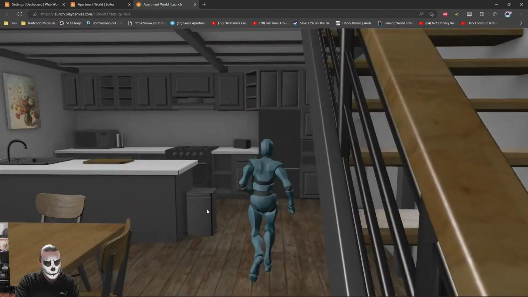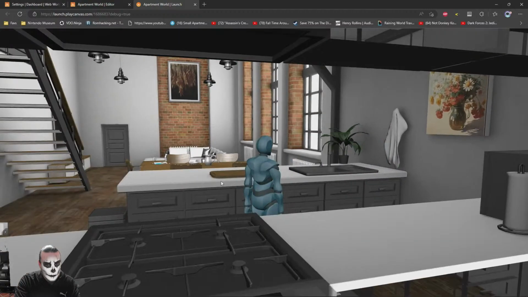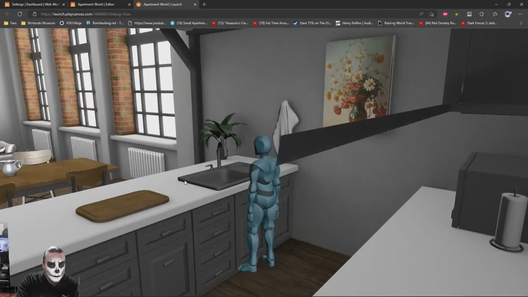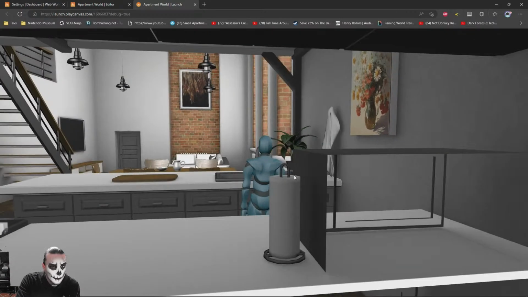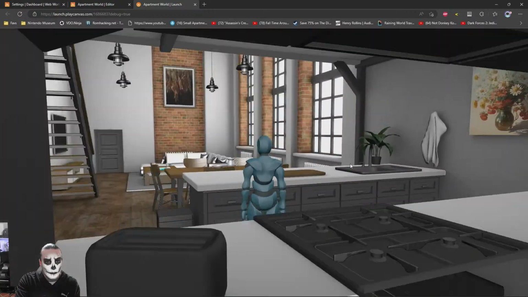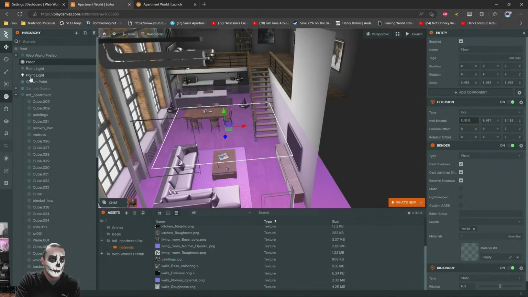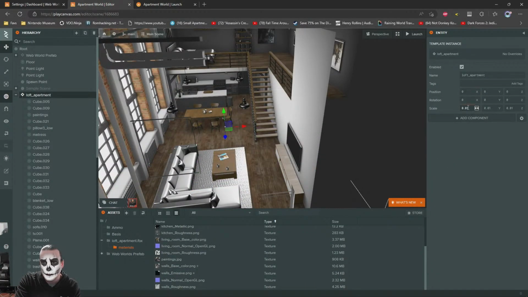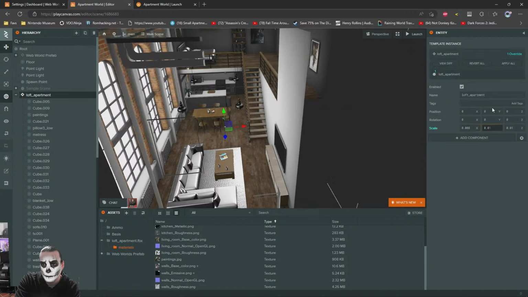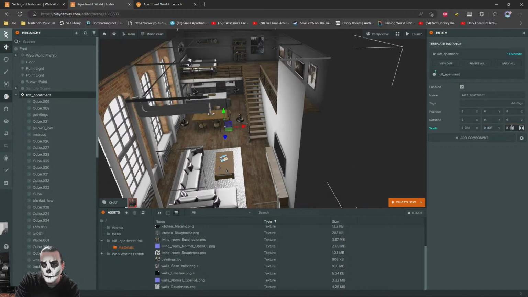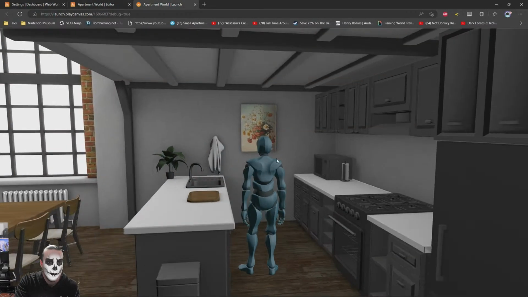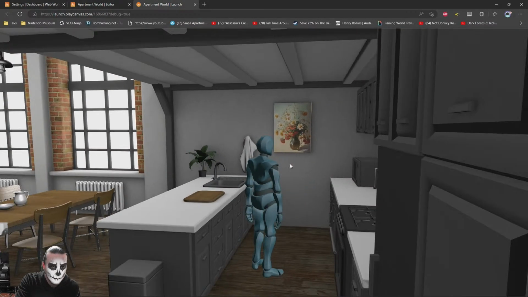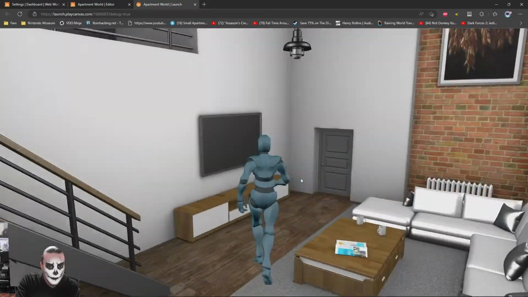Good, good. The scale looks a little off. The scale makes me feel like I'm a little kid. So let's take it down by 0.8. Sure. We'll take it down to 0.8. How's that feel? That feels a lot nicer. I mean, it feels more realistic. It's a little more cramped now, but